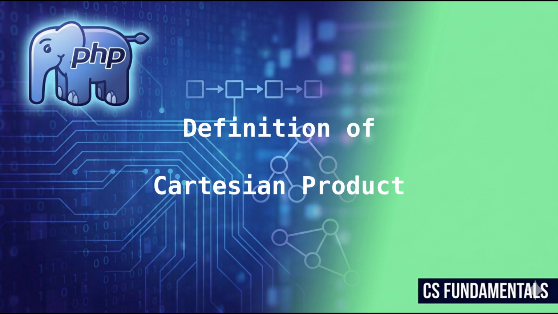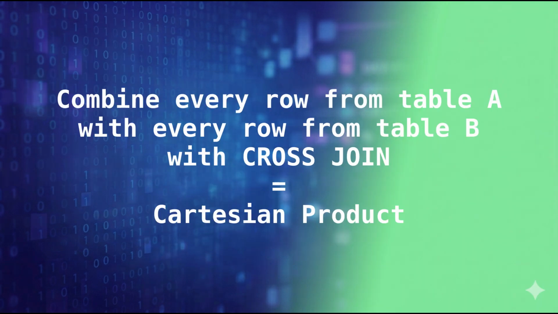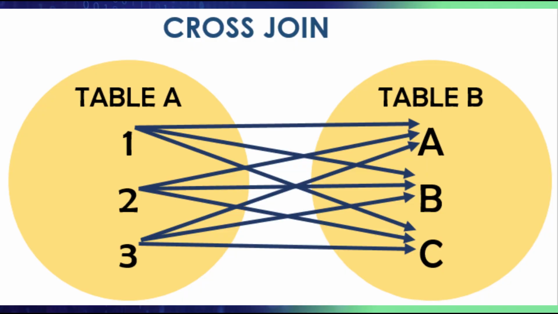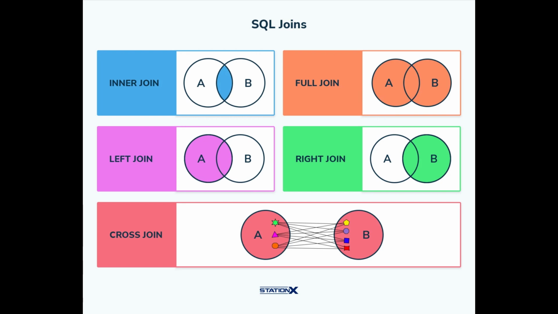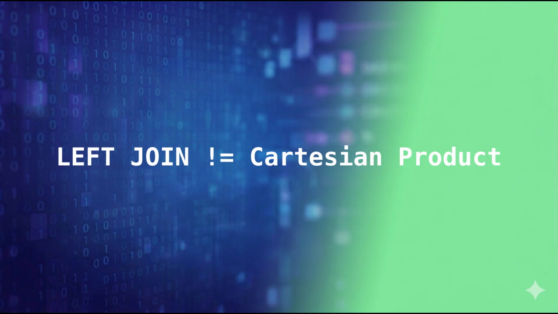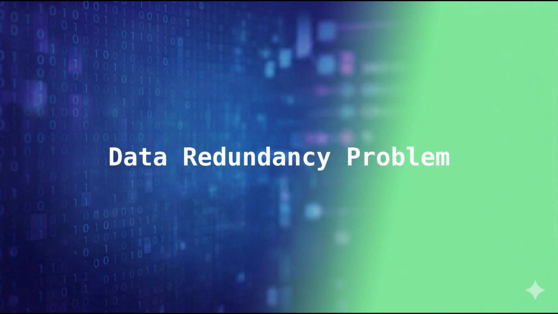I love to start with the definition, so let's see what a Cartesian product really is. Basically, when you combine every row from one table with every row from another table using a cross-join, you get the Cartesian product. In reality, though, you may not use a cross-join in your SQL query, but perhaps a left join. Strictly speaking, if you use a left join, you don't have a Cartesian product anymore, but a